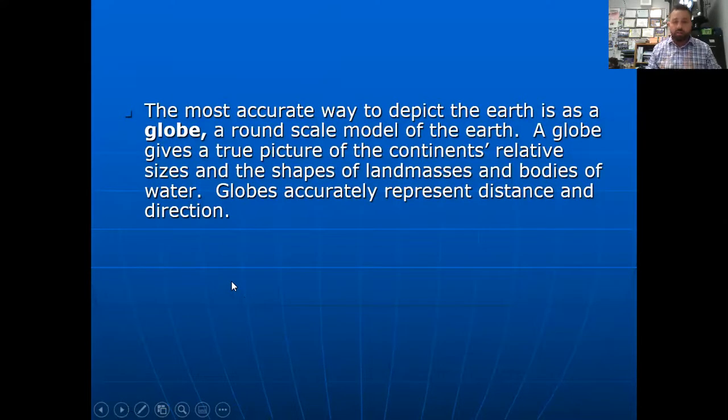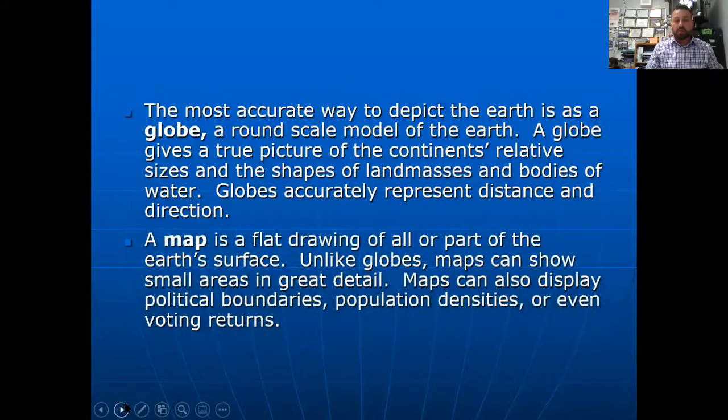All right, your shapes, your land masses, your bodies of water, globes accurately represent the Earth for distance and direction. And the reason is, globes are round like the Earth. So because the globe is round, that helps remind you that the Earth is round. Maps, and you'll hear me say this throughout the year, maps are flat and the world is round,